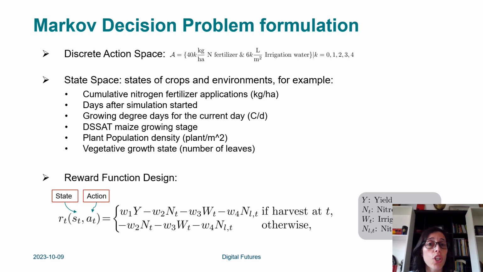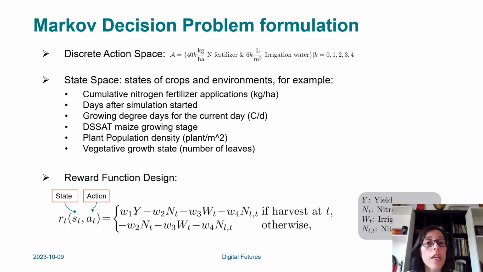In this project, nitrogen fertilization and irrigation management are formulated as a finite Markov decision problem. On each day, the agent receives the state of the environment and chooses the action from the action space A based on some policy. The state of the environment contains information related to the weather, plant, soil at a given day from the simulator. The action consists of the amount of nitrogen fertilizer input represented in the bottom equation by NT and the amount of irrigation water represented by W to be applied for that day action,